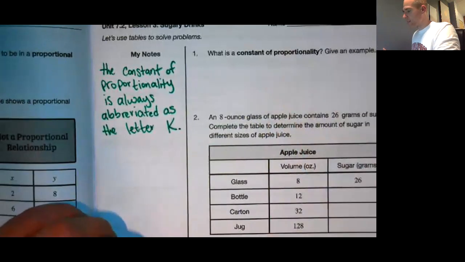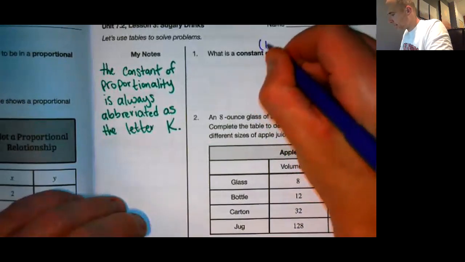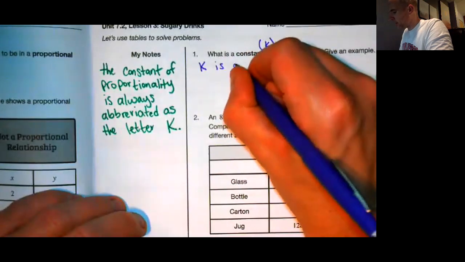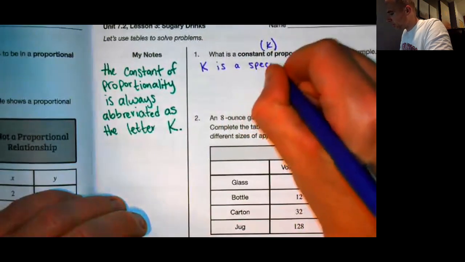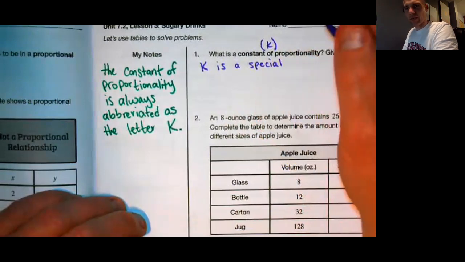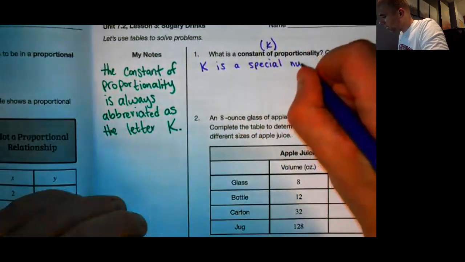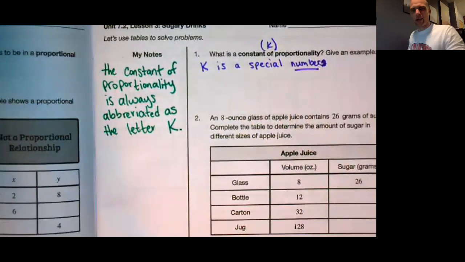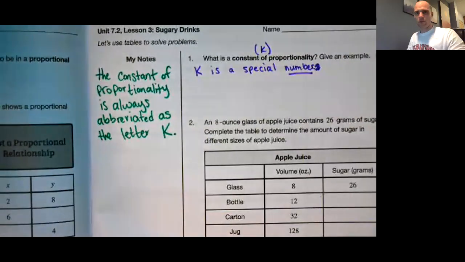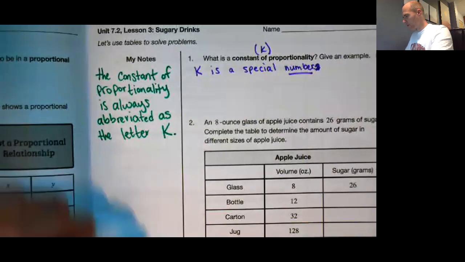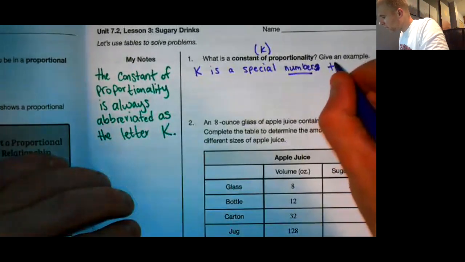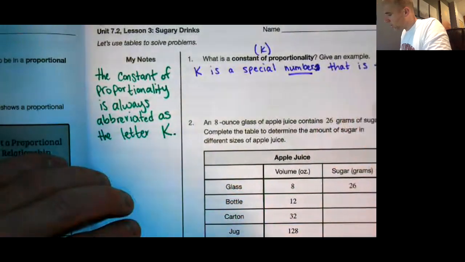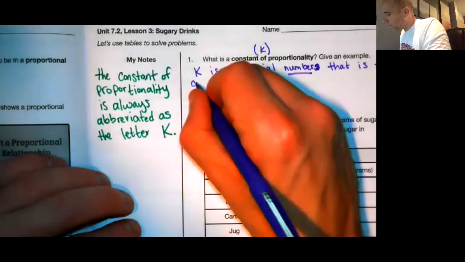So in this case, what is a constant of proportionality? Well, K is a special number. I don't know why I wrote number, right? That already feels weird. K is a letter, it's not a number. Okay, well, K is a letter, but it represents a special number that is the constant